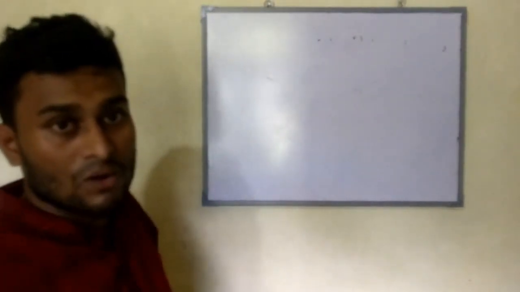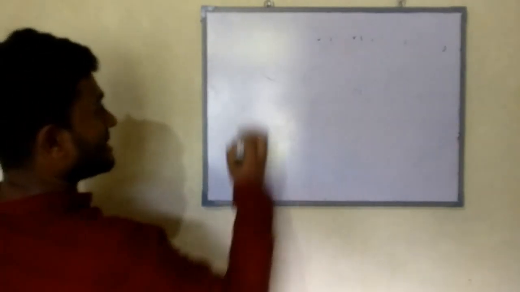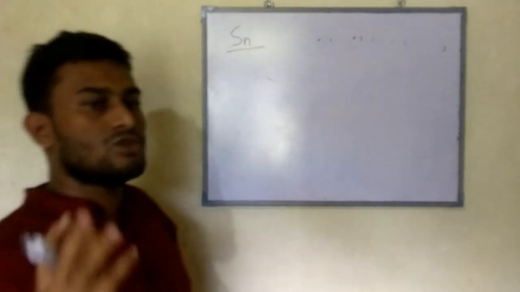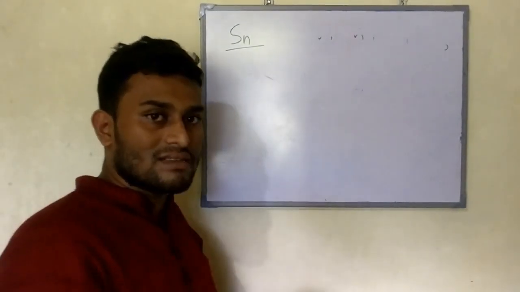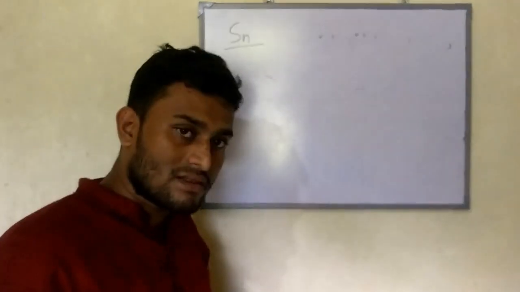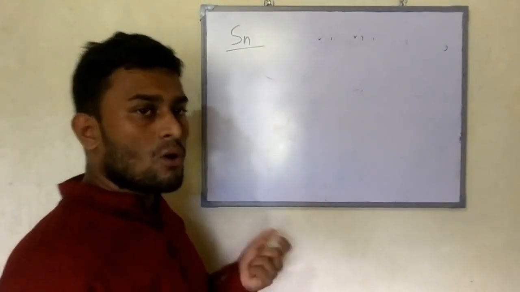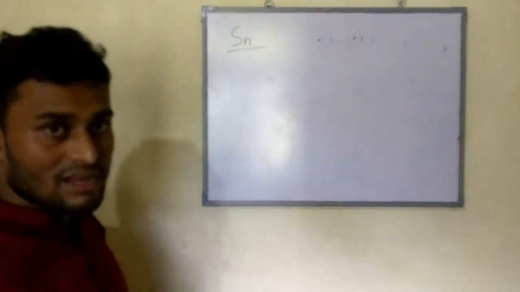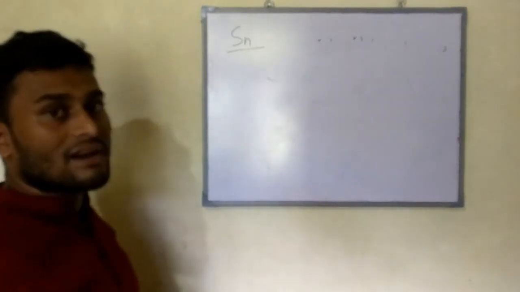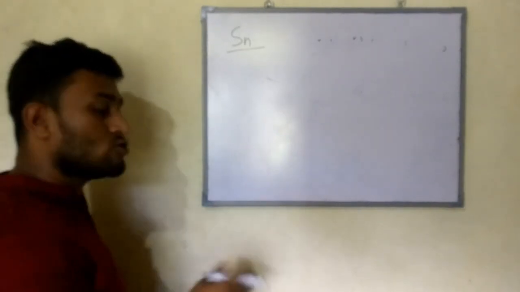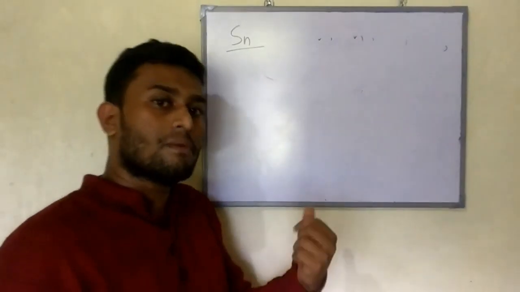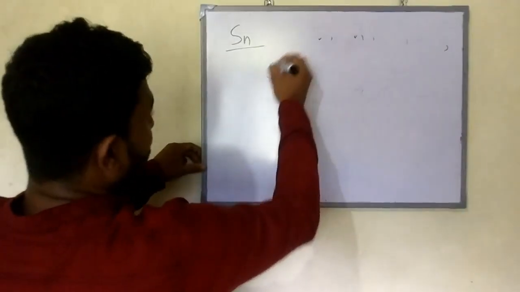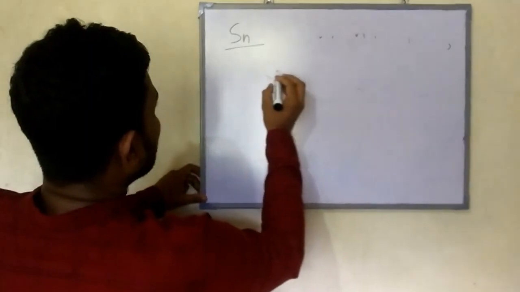Now we want to think about the improper axis of symmetry, that is Sn. Sn means first you want to perform an axis of rotation. Sometimes that can be C2, C3, C4 or anything else. First you perform the axis of rotation, then you need to add a mirror plane. That mirror plane should be perpendicular to the principal rotation axis, or the axis we used in the beginning.